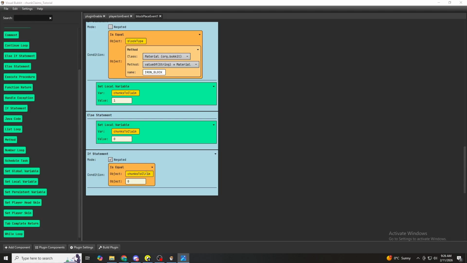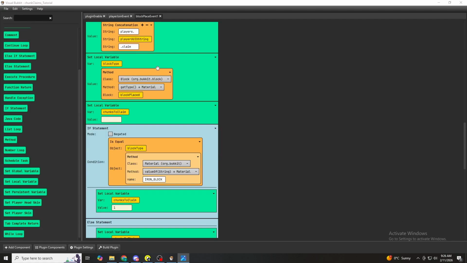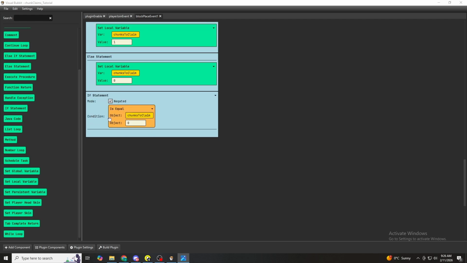So if it was 0, there's no chunks to claim, it'll just cancel this whole code. But if it is not equal to 0, so 1, 2, 3, 4, whatever, then we're going to run some code. So if statement